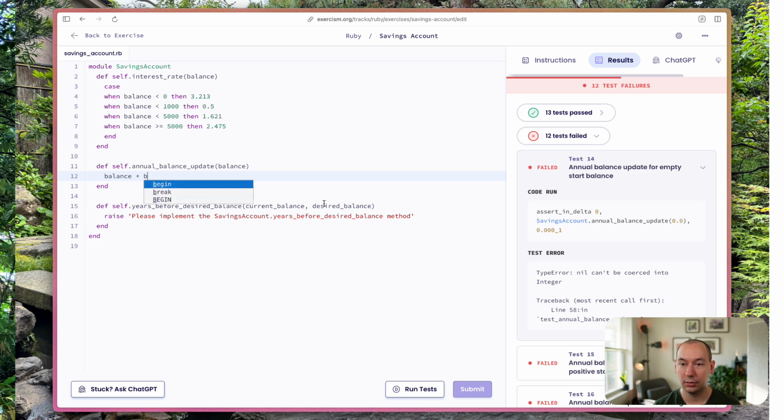So math is not my strong suit. Interest rate balance. Right. So like we might be tempted to write something like this. So balance times interest rate balance, right? So that should give us the number that we're adding onto the balance, right? So the earned interest